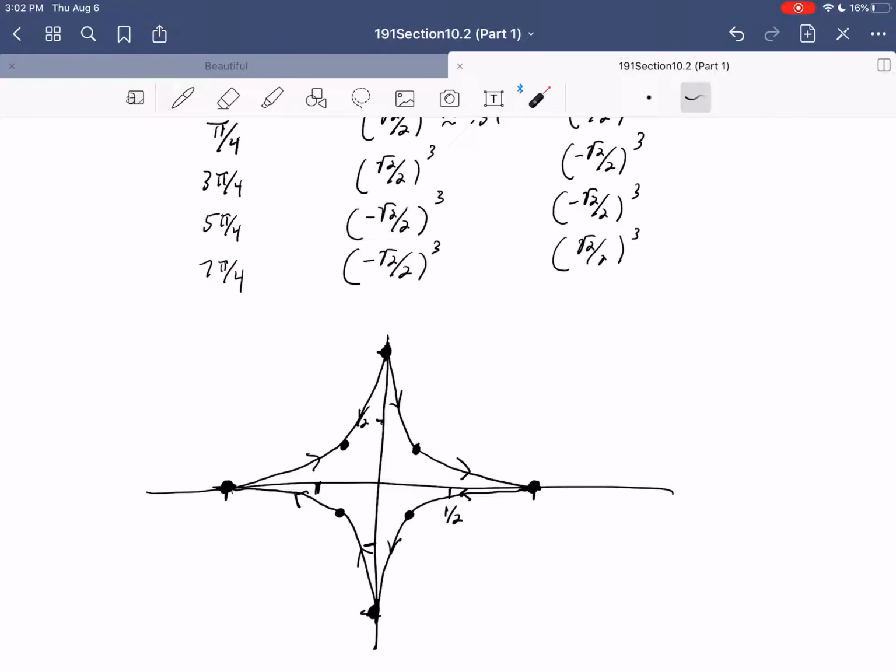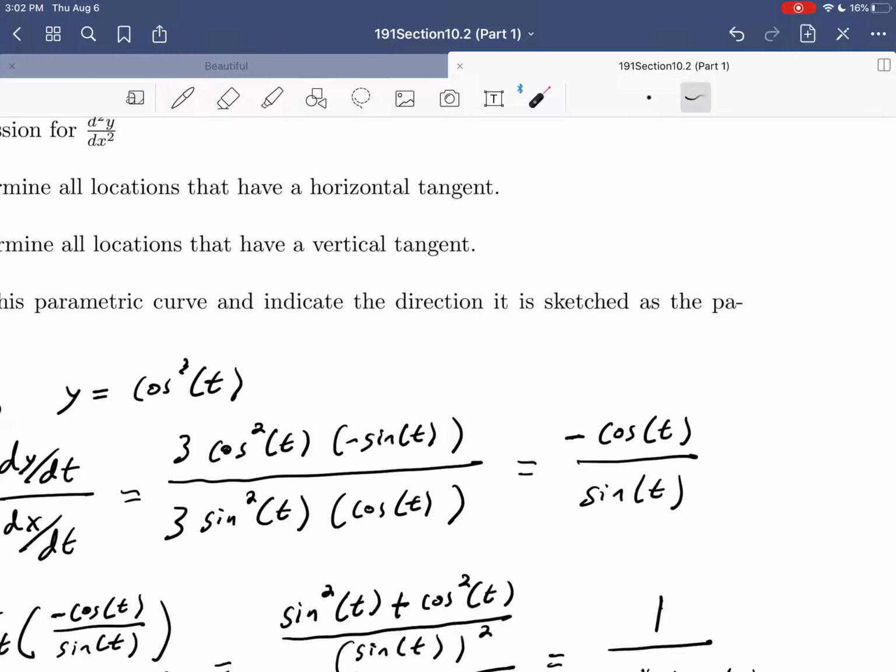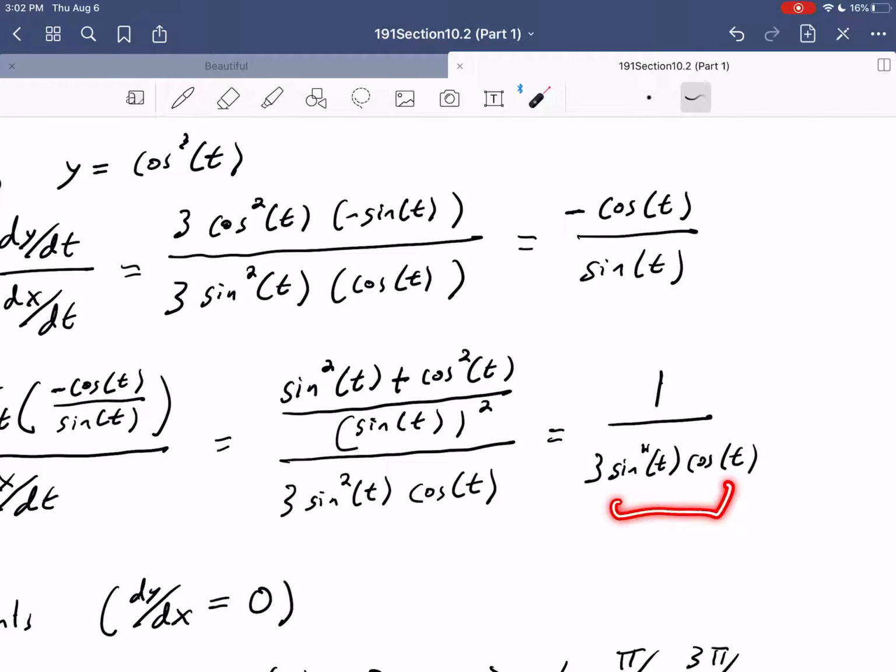Did we really need the second derivative? Not really, but if we wanted to, notice we could look right here. If we wanted to know what happened at the second derivative right there, remember this was t equals pi over 4. If we go back to our derivative expression here, if we plug in pi over 4, then